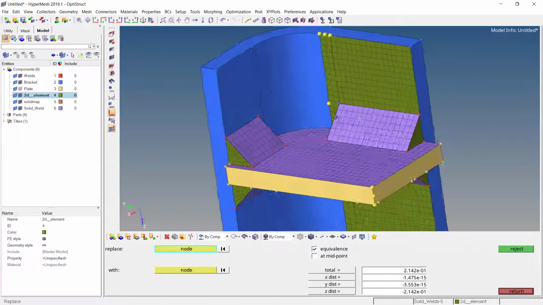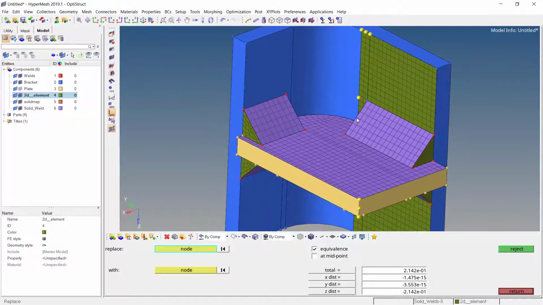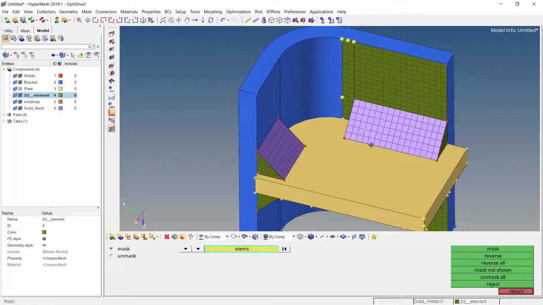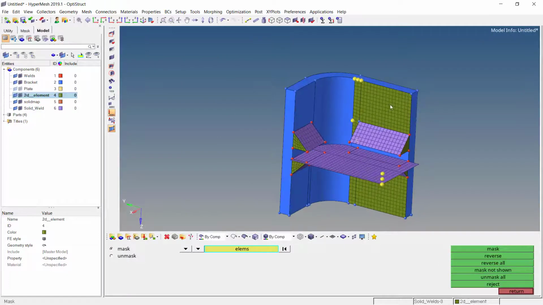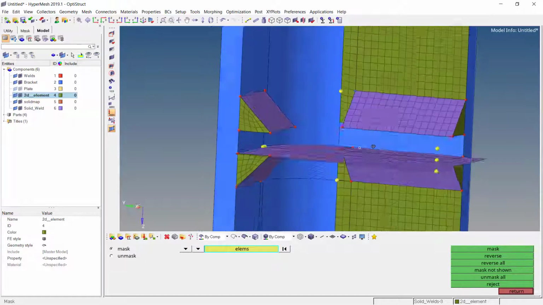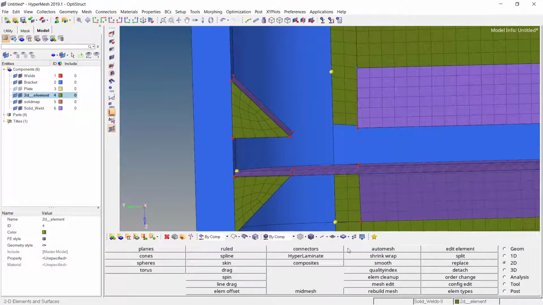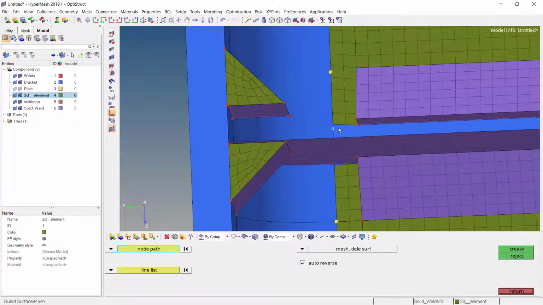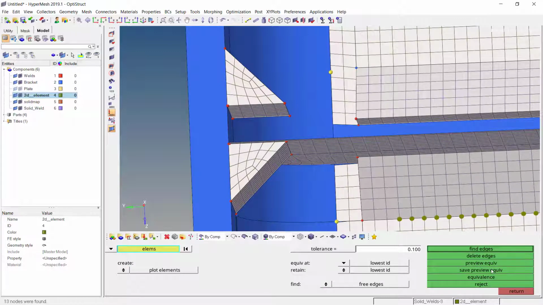Now let us try to create the mesh for this region where we will be able to mesh one end of the bracket. Before we can drag this element along this direction, let us first create the mesh in this region as well. So again let us go for 2D, go for ruled, go for node path. Select this node path, or first let us go for equivalence. Go for displayed, preview equivalence and set it to equivalence.